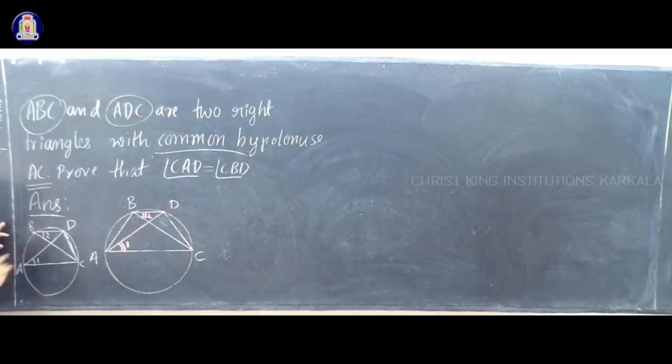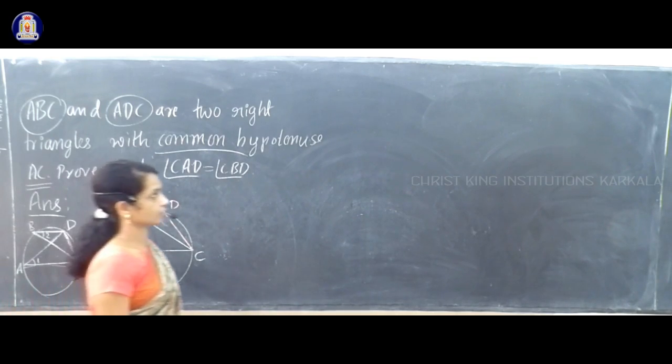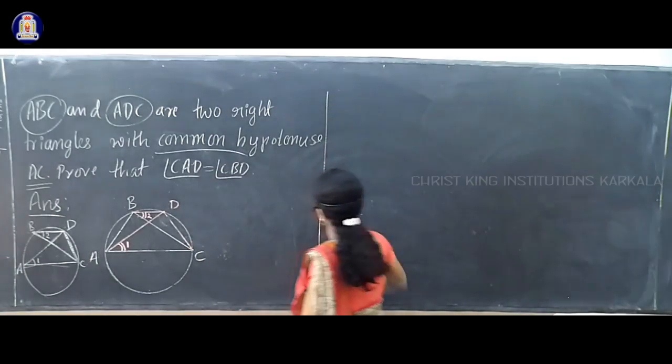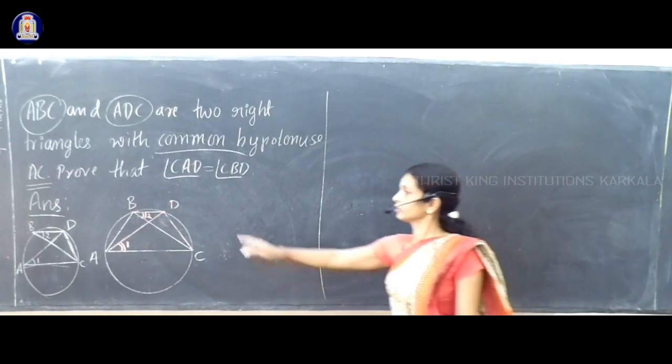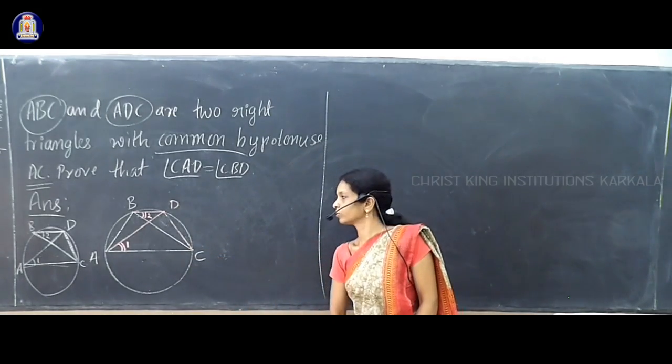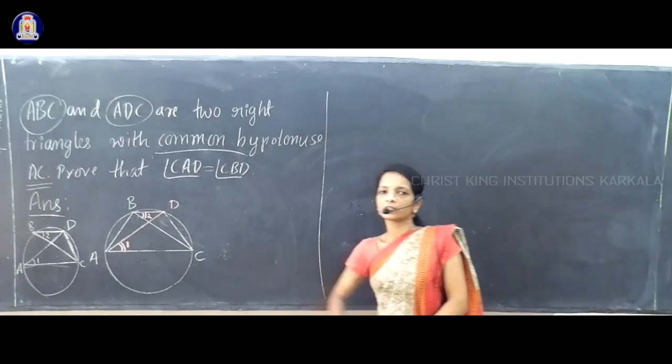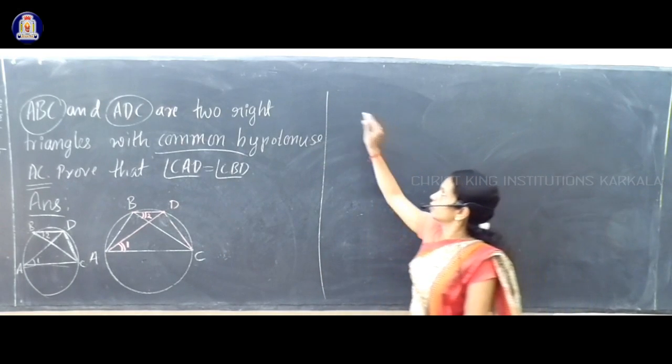Angles in the same segment are equal. So now here can you see angle 2 and angle 1? They are the two angles in the same segment, the major segment. So what can you say about these two angles? They are equal. You just have to observe the figure and use that result, that angles in the same segment are equal. By that result we can write in one step angle 1 is equal to angle 2. That is the answer.